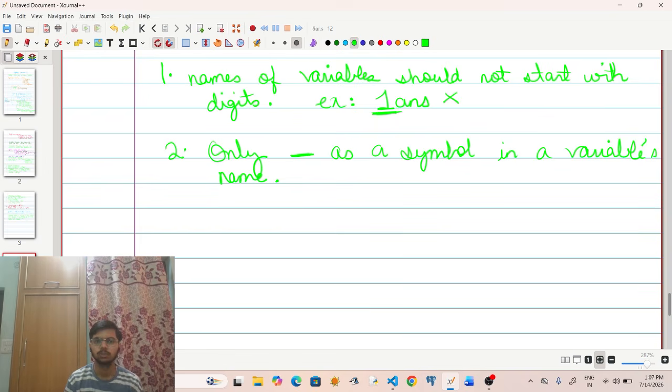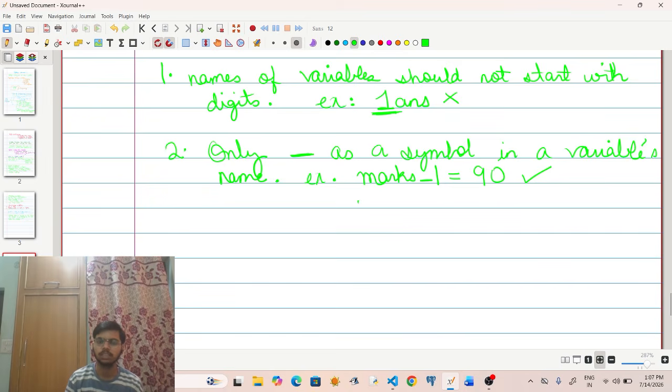So, underscore is a symbol which can be used as a variable's name. For example, suppose I want to give marks of a student. So I will say marks underscore of a student, so 1 is equals to 90. So this is valid.